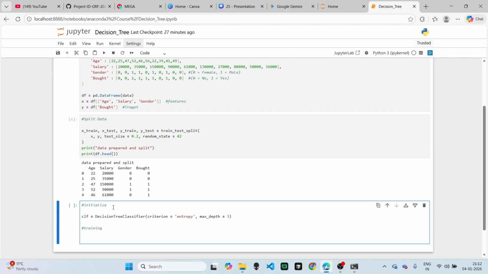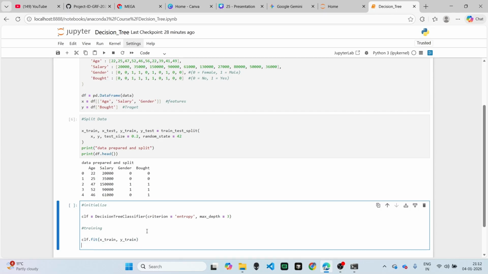Let's go. We are going to train our model, so we will use the dot fit function for that. And in the dot fit function, we are using two variables, x train and y train. And simply for checking that all the data points and all the coding part are working properly,